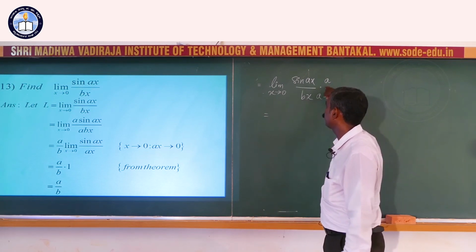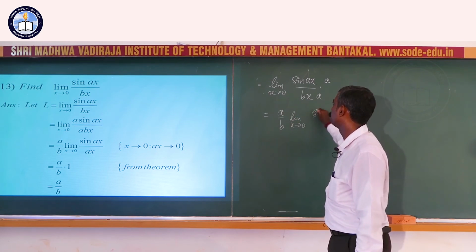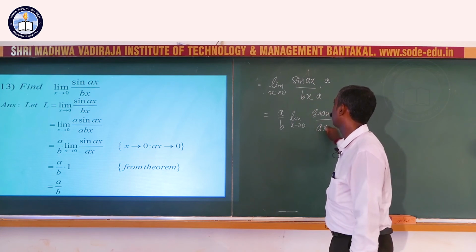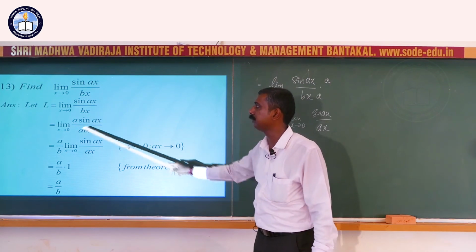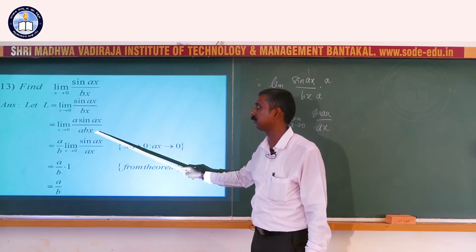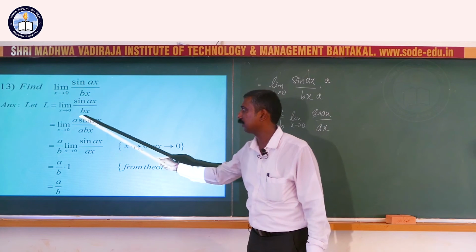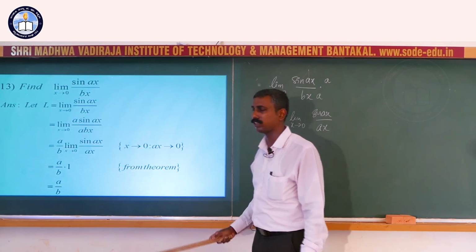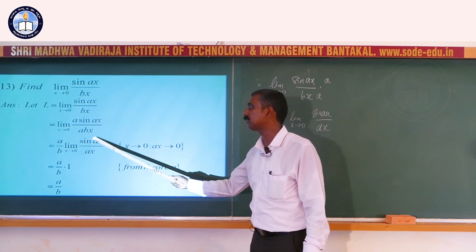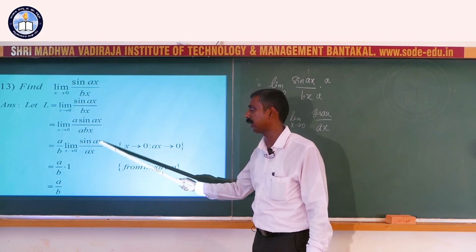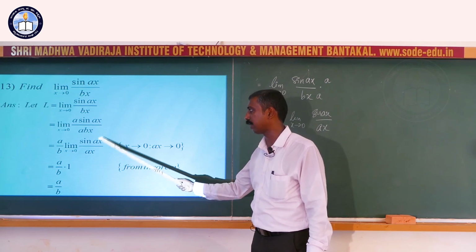Then what about this b and a? We can take them outside. So, a and b will be outside because they are constants. Limit x tends to 0, you have sin ax divided by ax. So, that is what is explained here, sin ax by bx. Already bx is there, a is the only extra term which is introduced. Since a is not required in the numerator, it is taken outside, and b is not required, so it is taken outside. Why is ax retained? Because ax is some angle, and this ax has to be there in the sin theta by theta format.